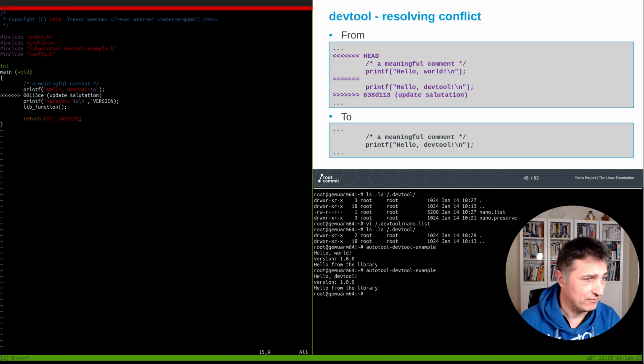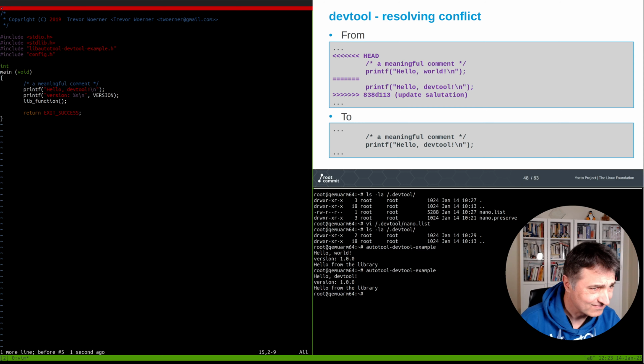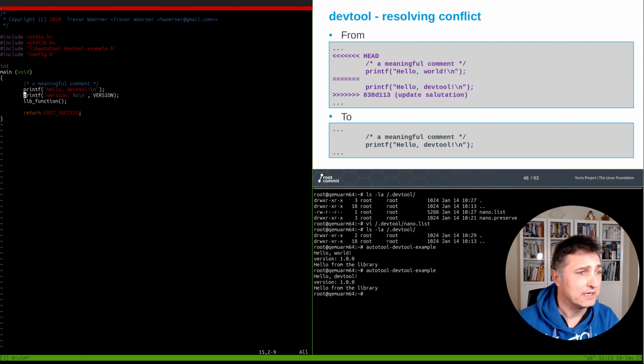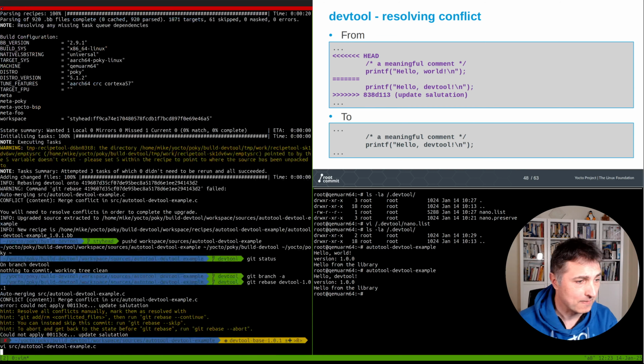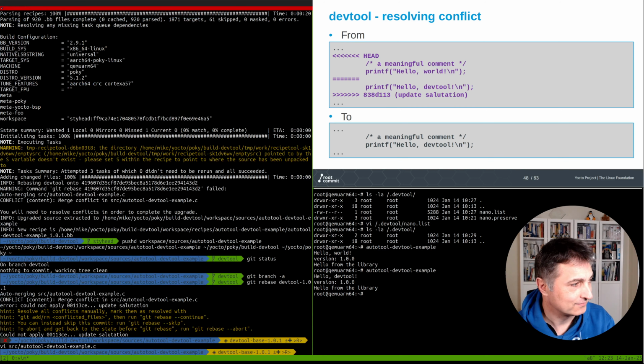But we still want to have this comment that was added. Yeah, that was after the marker, so just remove the markers. And there we are. And then we can move on